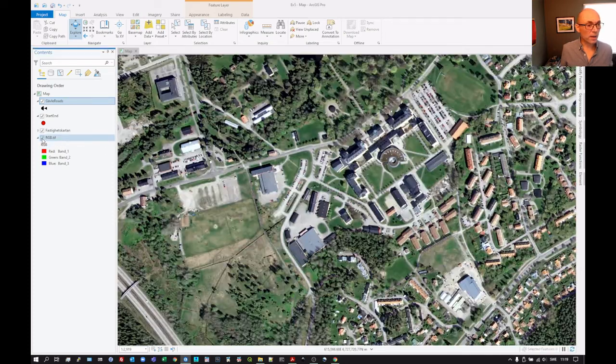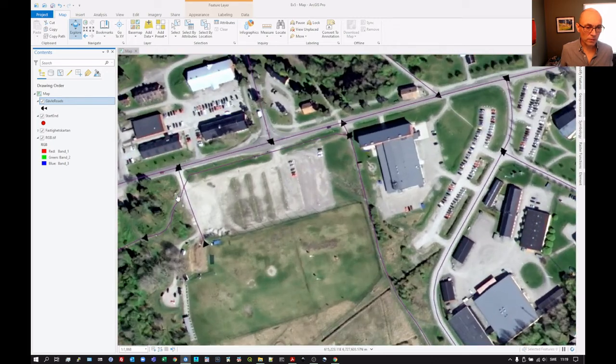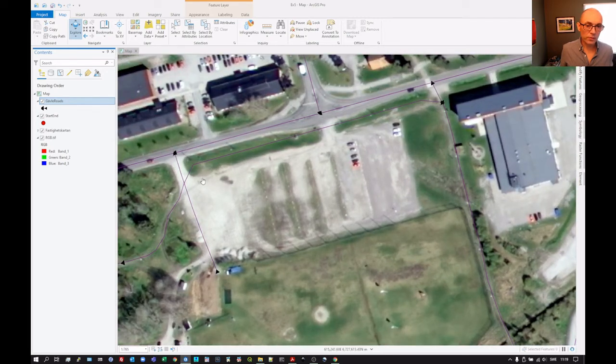If we then go back and open up or turn on the RGB image, we can start looking at these junctions and deciding whether we think they are valid, whether we need to adjust them. And I think when we look at this, there is no good reason why these two lines shouldn't meet up. They just cross there. So we obviously need to edit that. And similarly,